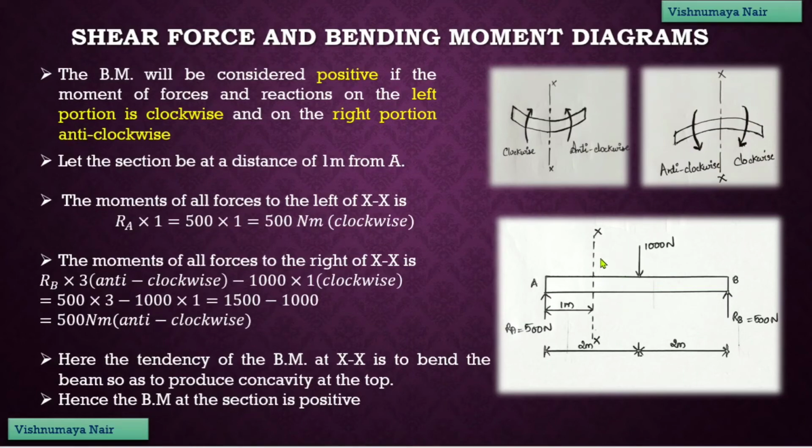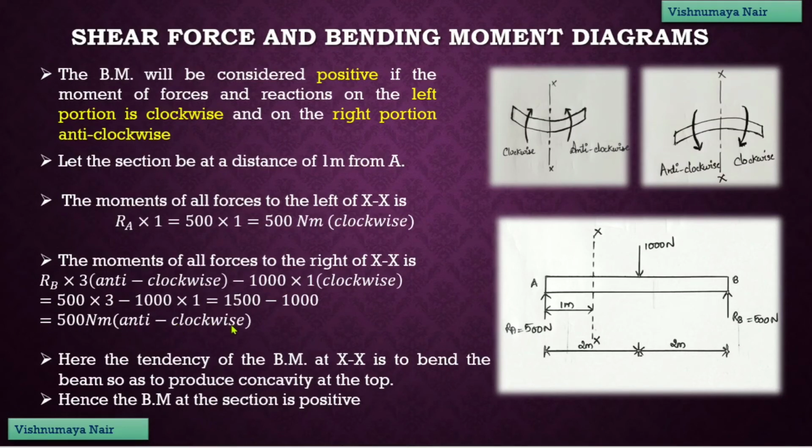And we know that if the moment is in such a way that it tends to rotate the beam in the clockwise direction on the right side of the section, such a moment is considered as negative. So the moment due to this load is negative. Therefore, minus 1000 into 1, and that is clockwise direction. Therefore, 500 into 3 minus 1000 into 1, which is equal to 1500 minus 1000, which is equal to 500